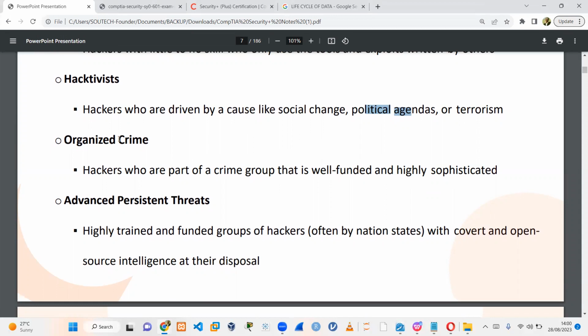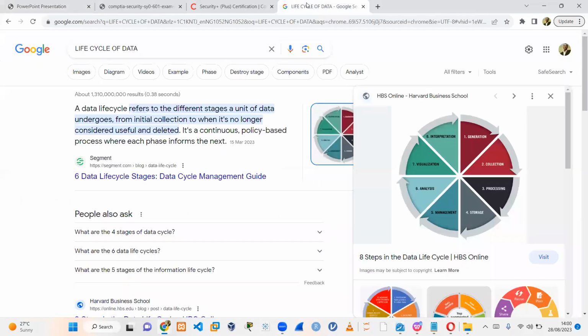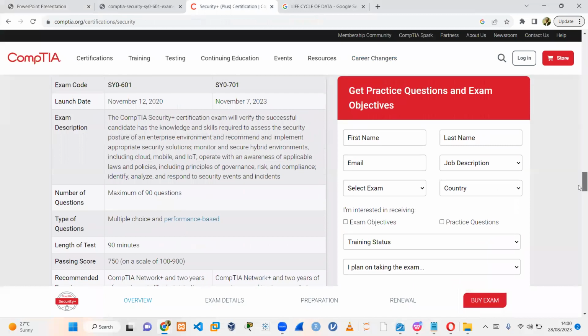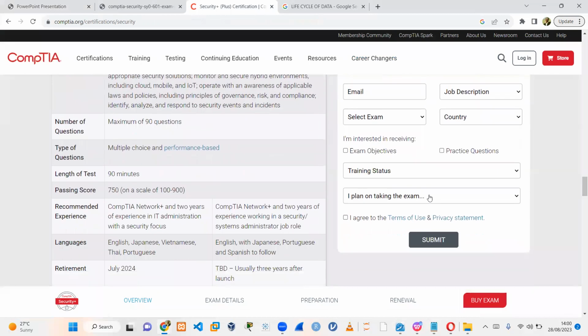Upload bombing is where you take, for instance, a form on a website. See this form, for instance. I have get practice questions and exam: name, last name, email, select exam country. Now, if this form has an option for me to upload a file,